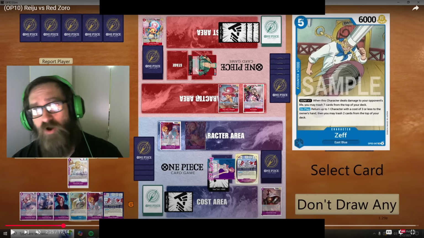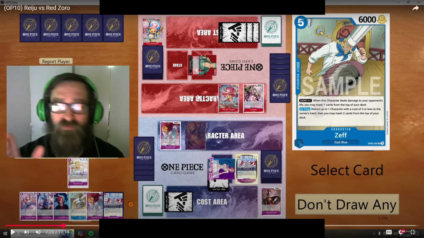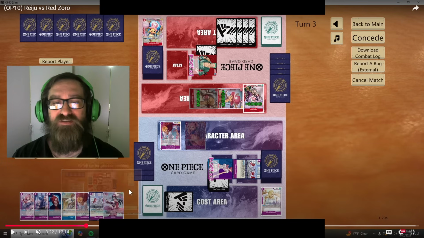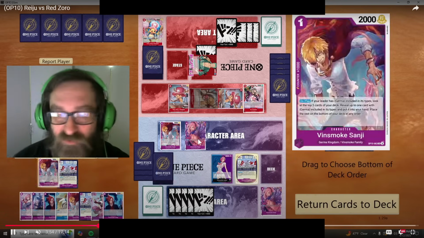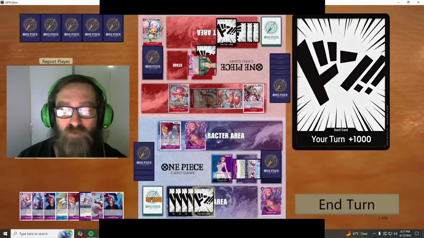Just eat up all the cards in their hand and start sifting through your deck with the German Kingdom Searcher and all your draw card effects from the Reiju. That's the first thing. Now on this next turn here, let's fast forward a little bit. The turn that the Reiju player played out the Zeph,